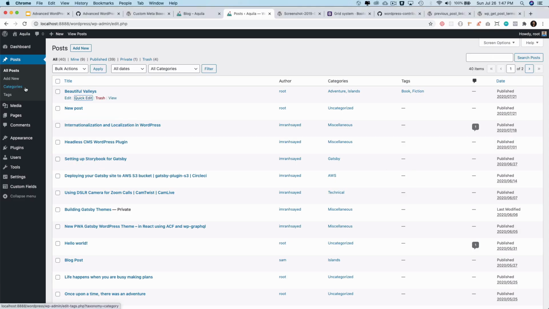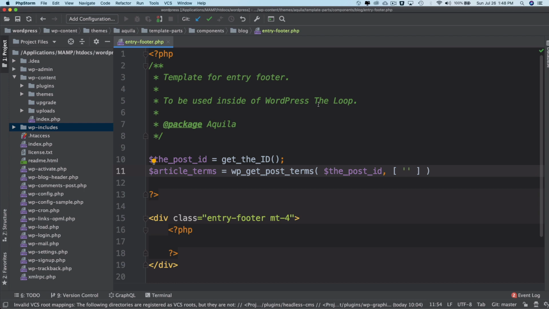So how do we do that? For categories, if I hover over it, look at the left bottom corner of the screen. You see a URL over there, and if you check after the question mark, it says taxonomy equal to category. So that's how we get to know the taxonomy is category. So we'll put that